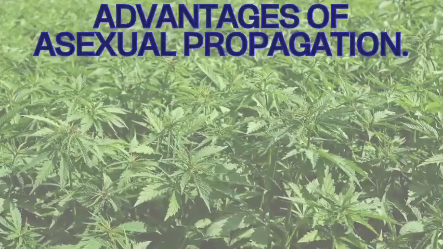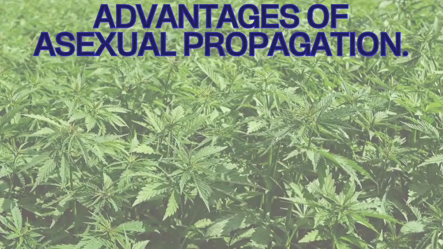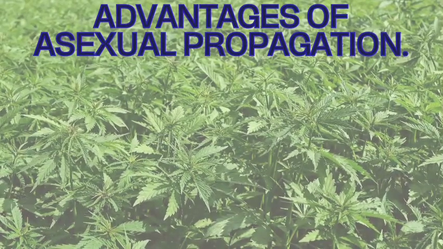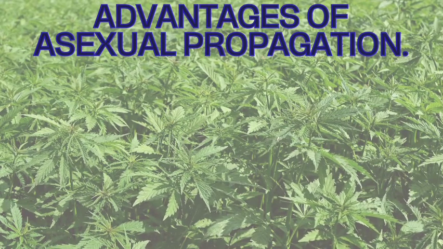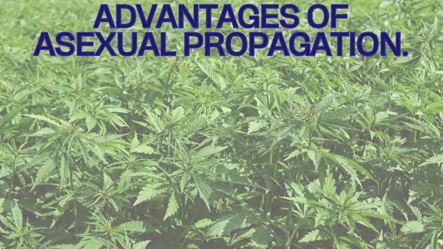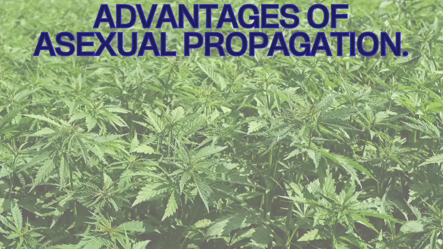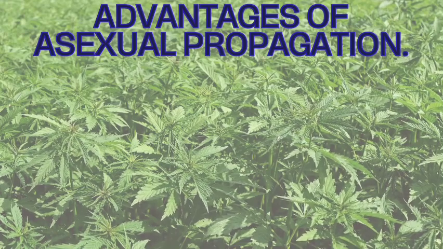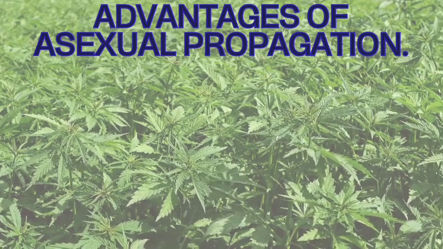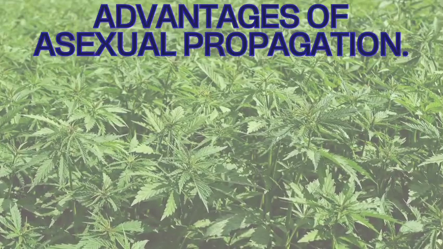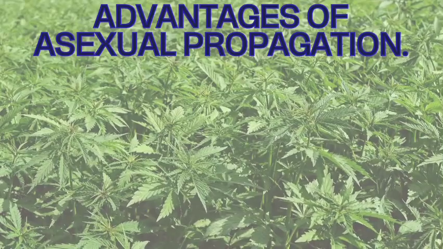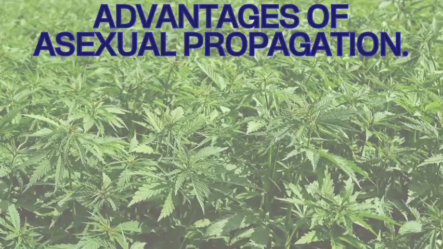Now the advantages of asexual propagation. One, it enables crops to produce in a very short period of time. Two, plants propagated vegetatively have uniform growth rates. Three, they can also withstand more adverse environmental conditions such as a poor soil. Number 4, plants that do not have seed can be propagated by this method. And number 5, many ornamental plants are easily grown with these methods.